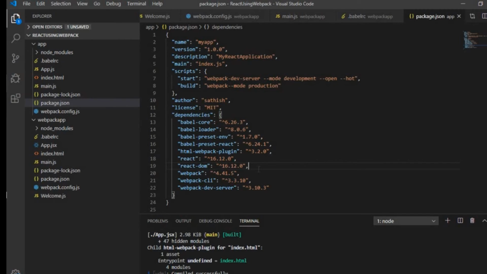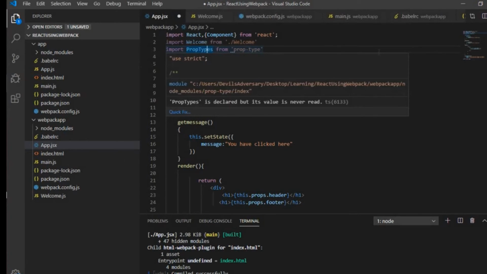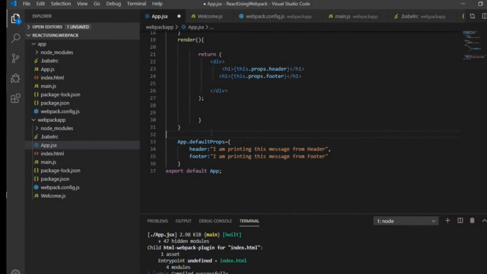So let's go back to the app.jsx where our code is present. I'm using prop types, and over here I have two properties. One is header and one is footer. So I'm going to tell React that the prop type, whatever I'm going to pass, should be a string and a number. So how am I going to do that? Over here I'm going to mention prop types. Header is nothing but PropTypes